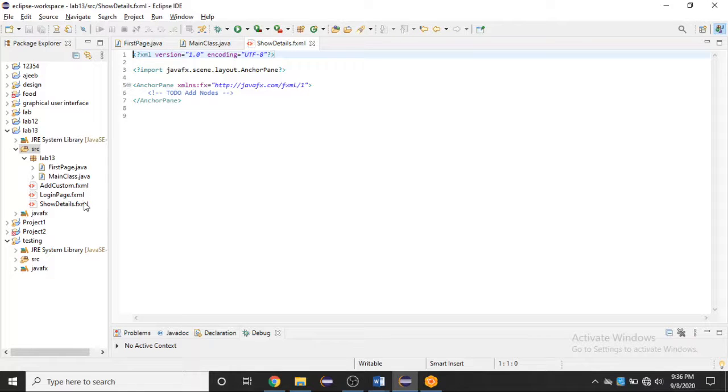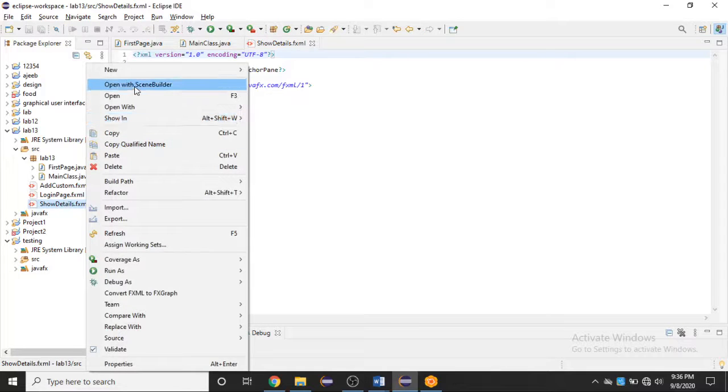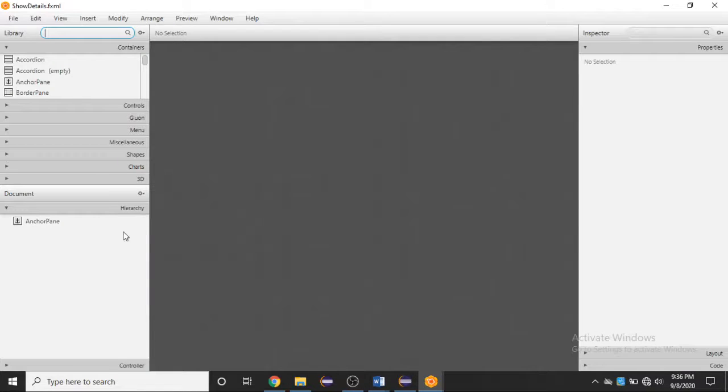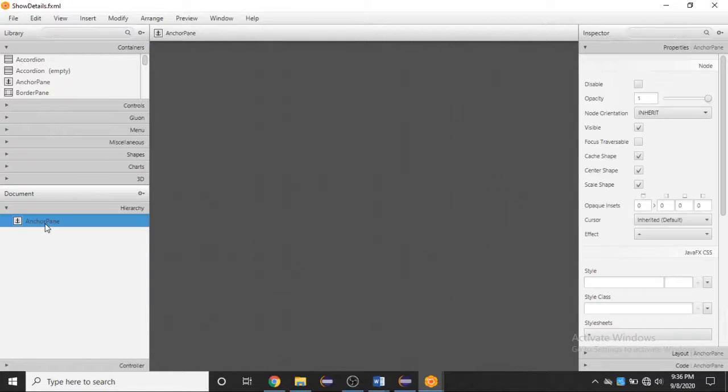Now again by opening it with scene builder, this is again empty. Then I will add a button.